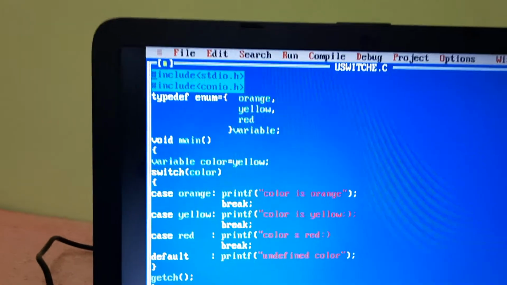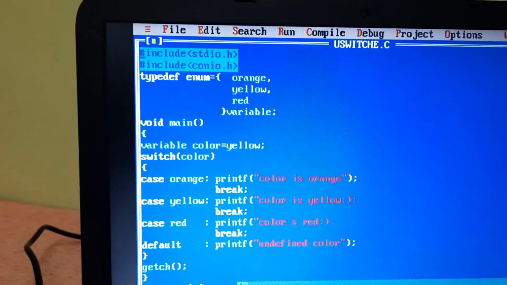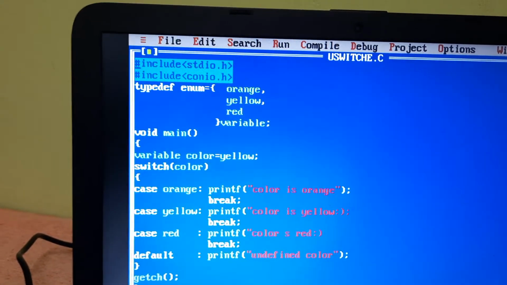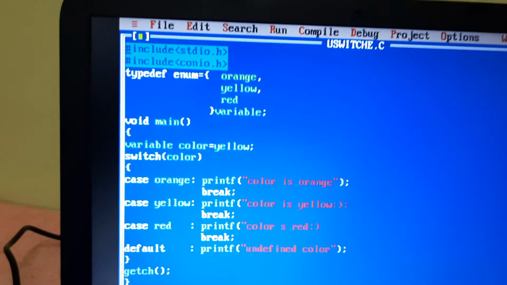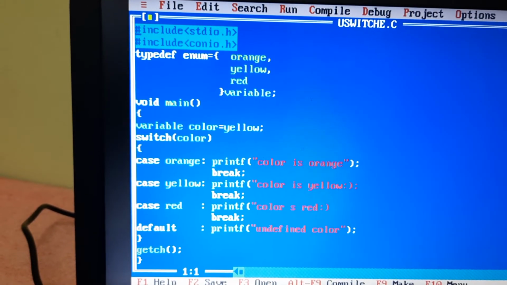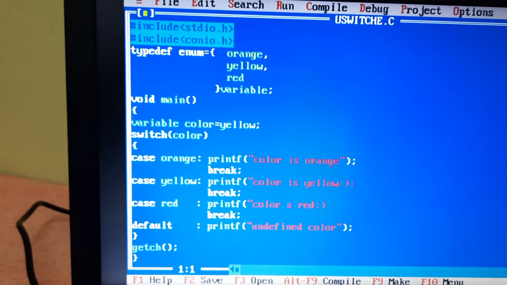First I define an enumerated type using typedef. typedef enum, and I give 3 values for the enumerated type: orange, yellow and red, and I declare one enumerated variable. Then in main I declare a variable of enum type color, and I initialize the value with yellow.